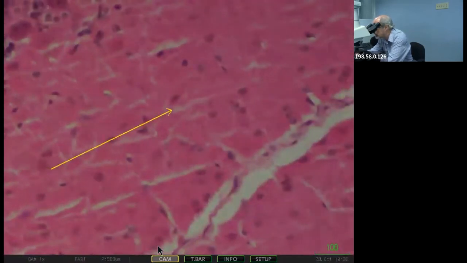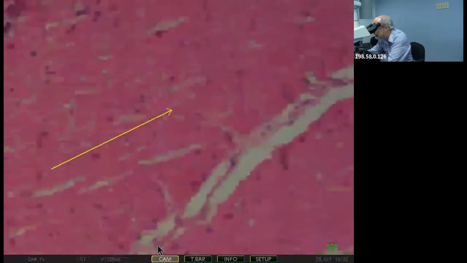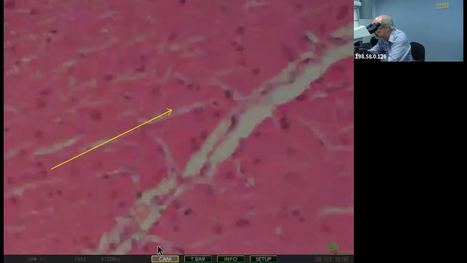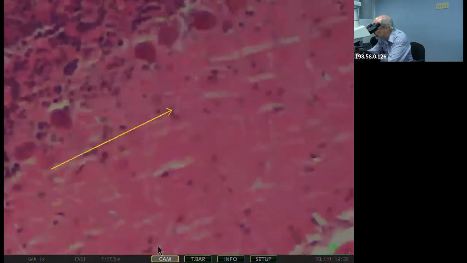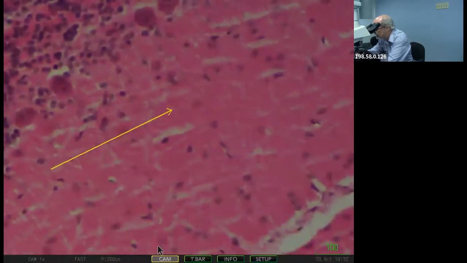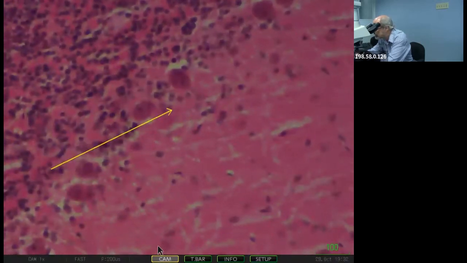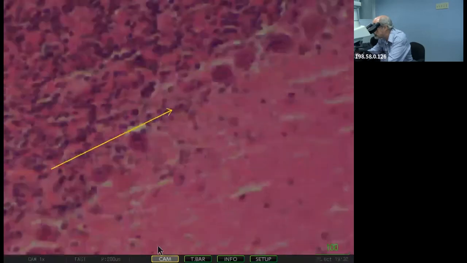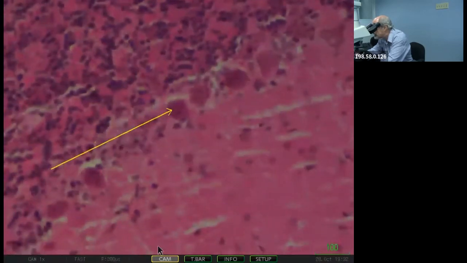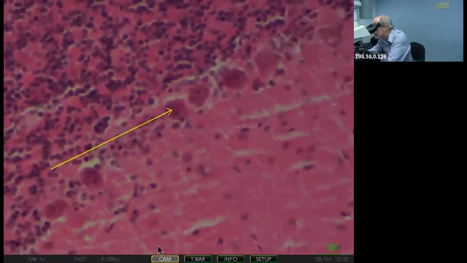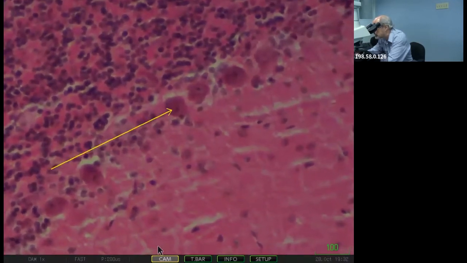So again, you have your molecular cell layer, where you have few cells. You will see the cells next year. Here you have your Purkinje cell layer. You see the neuron itself, you have the Purkinje cell.